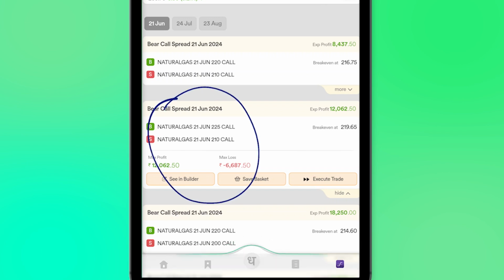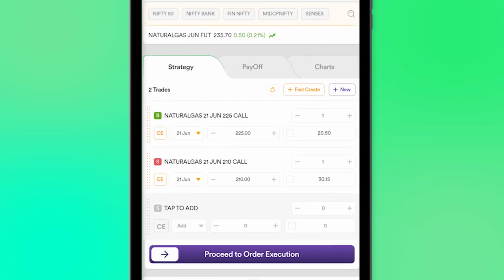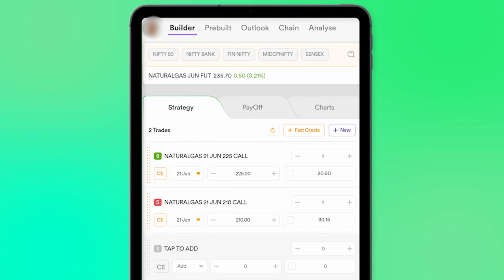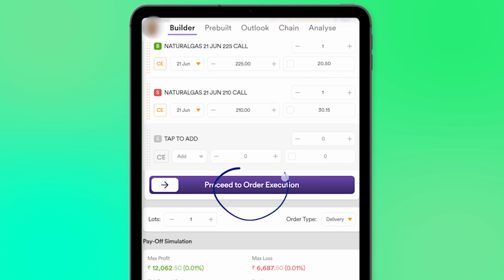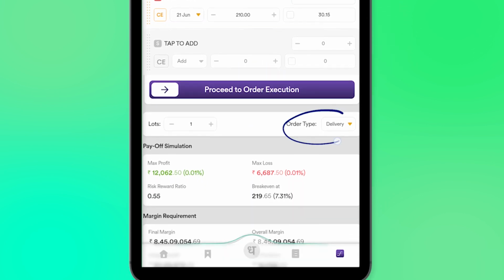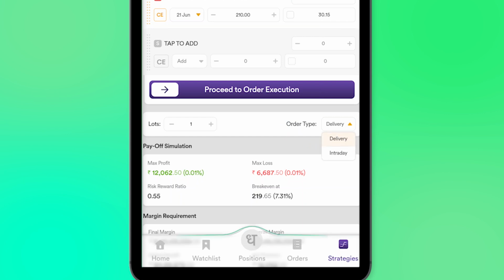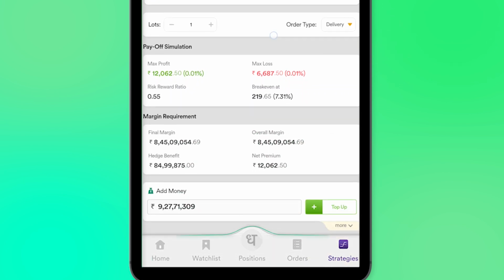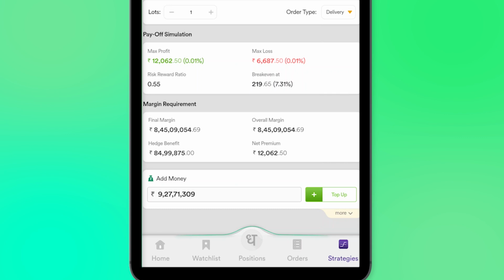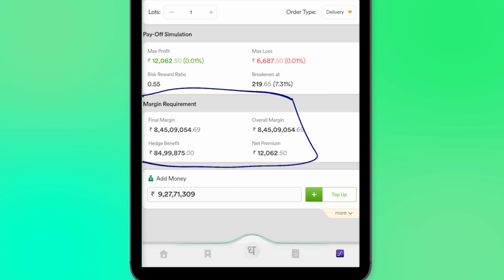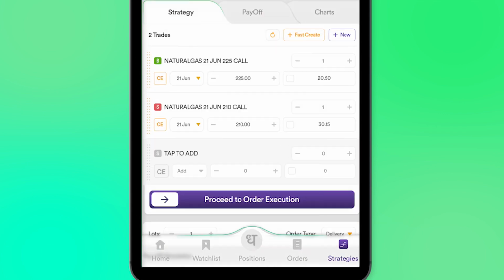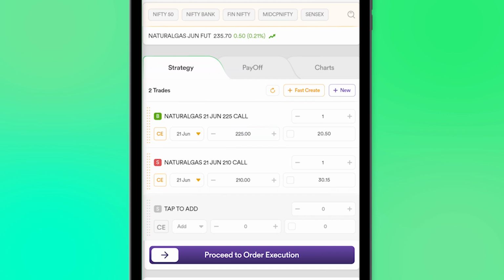If I want to go ahead with the strategy or tweak it, I could just click see in builder and go to the builder and look at this strategy again, look at the payoff graph, do the simulations, or look at the charts again before I proceed to execution. Now I have an option to either go with delivery or intraday for all of these trades. Remember, if you are going with intraday, you better square off your positions yourself before the cutoff time. My margin requirements also show up over here, and if additional money is required, I have an option to top it up right here. So if you're a commodities trader, I hope this custom strategy builder is useful to you,